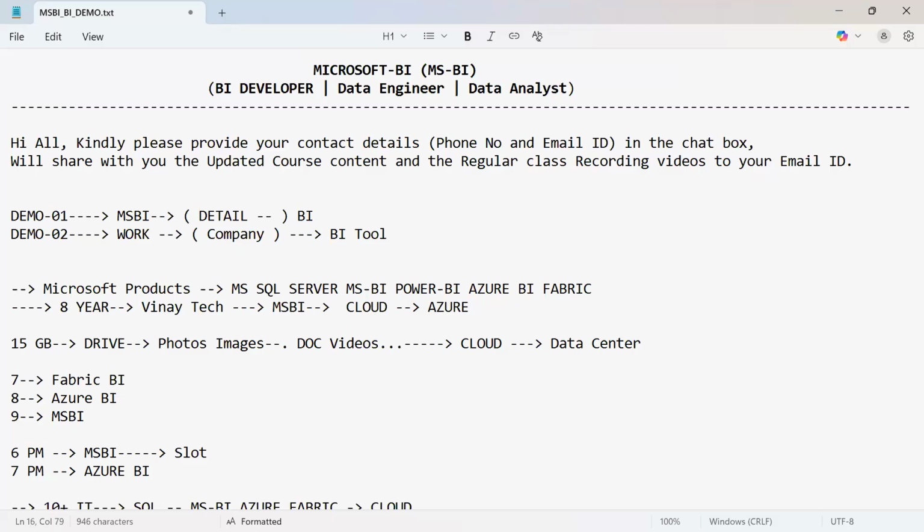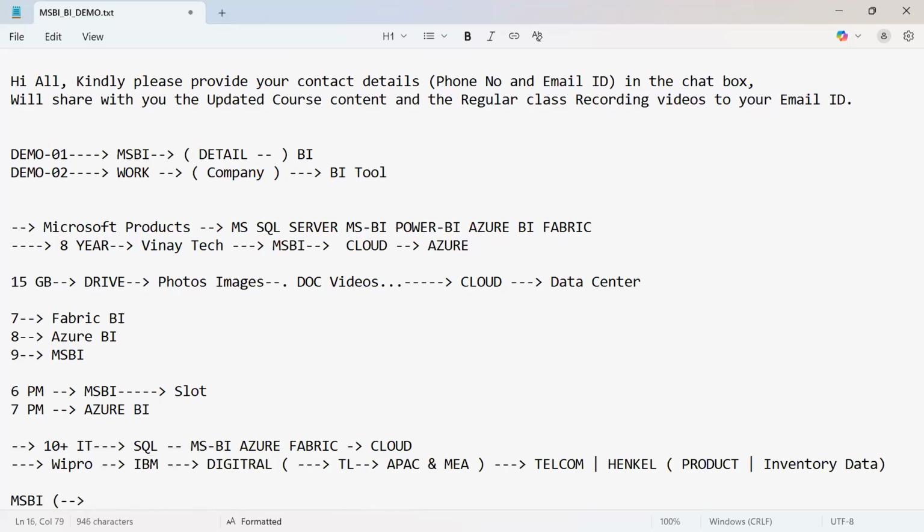So we are not going to just learn the MSBI concept. We have to learn the updated technologies along with it. Right now, in the market there are a lot of add-ons to MSBI with new sources, new destinations, new components. Along with MSBI, what new technologies are suitable for it, that we are going to cover in this course. I'm not just going to tell you MSBI, we'll cover more in this course.